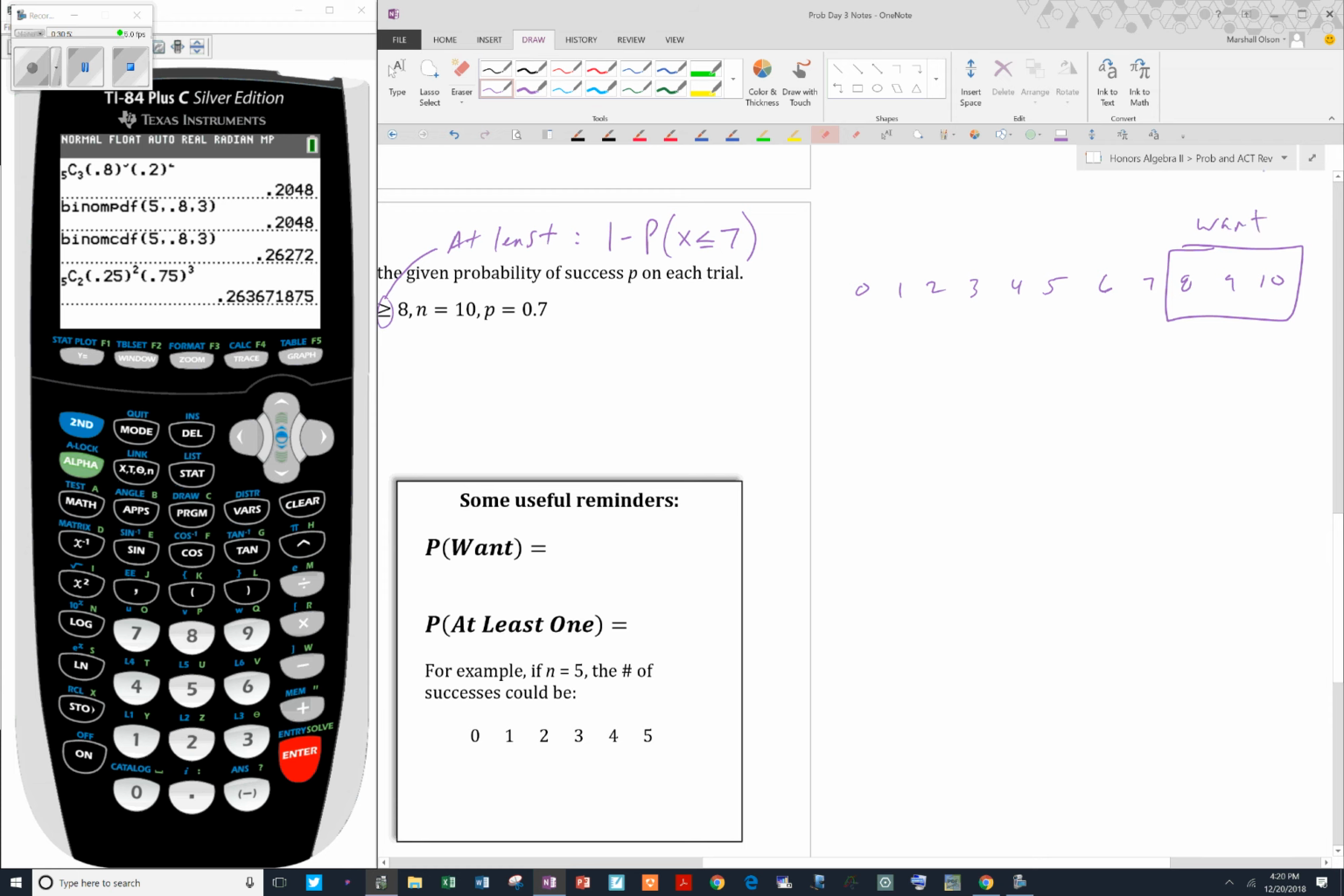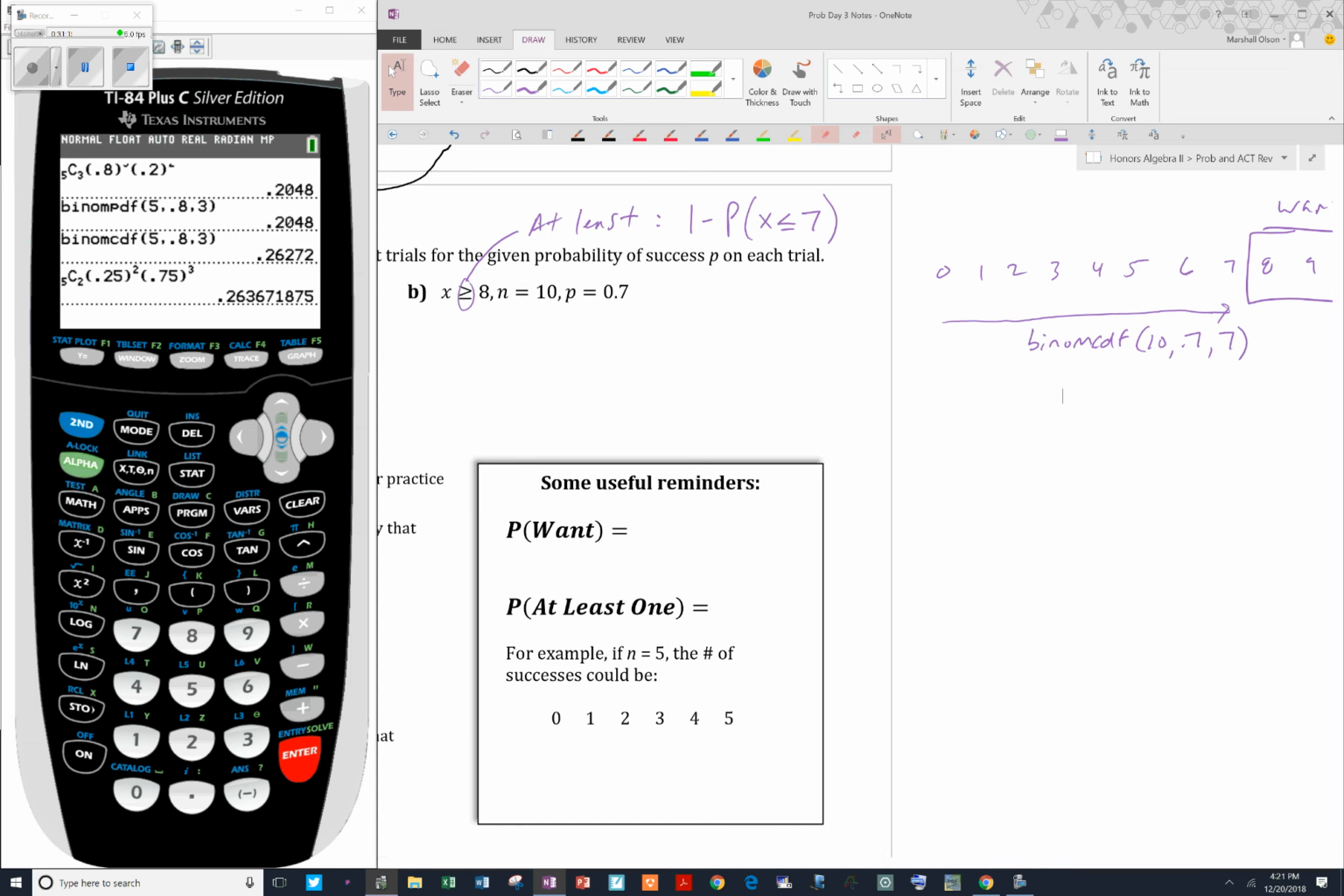But our CDF finds from 0 to something. So if we find this on our calculator, 10 trials, the probability of success in this problem is 0.7, and if we go up to the 7, we're finding what we don't want, right? So we need to subtract that from 1. So I'm just going to say the probability that x is greater than or equal to 8 is equal to 1 minus the probability that x is less than or equal to 7, which means I can just do 1 minus the binomial CDF, which would go from 0 to 7,